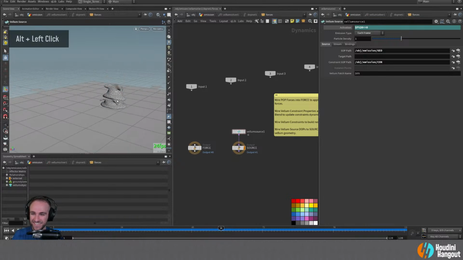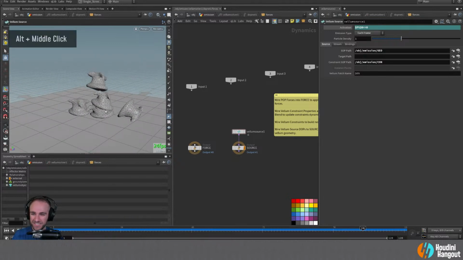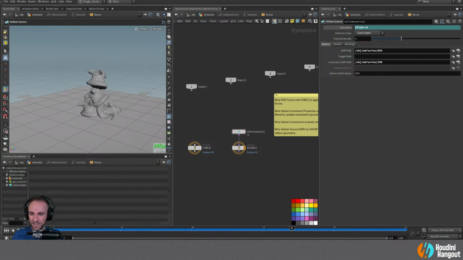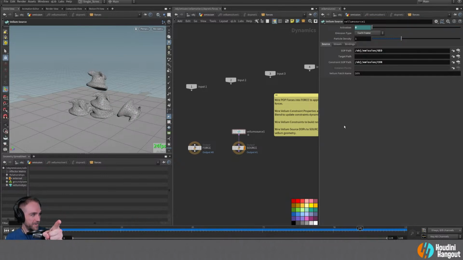Oh, that's just fun. I just love random emission of soft bodies. So there we go. We're emitting the soft bodies in. So what it's doing is every time, let's just turn this off, you're going to see that twitch, right? Hopefully you're seeing that in the stream. It's kind of twitching every